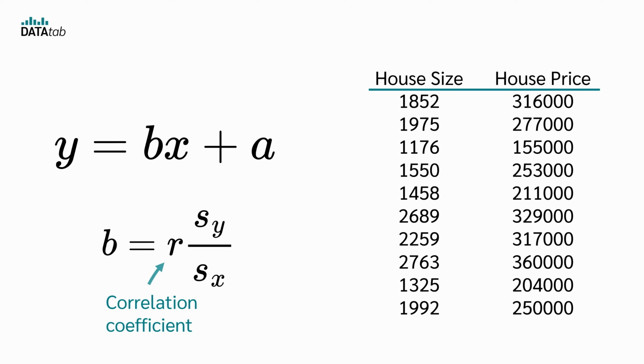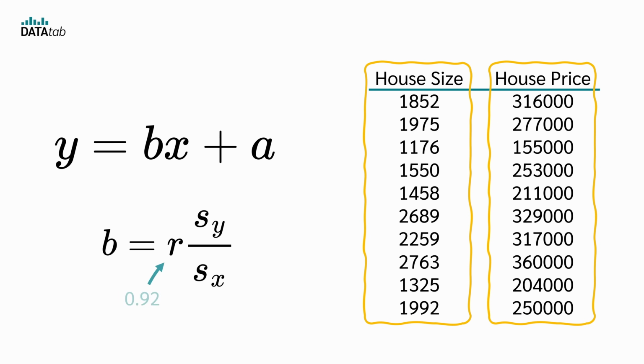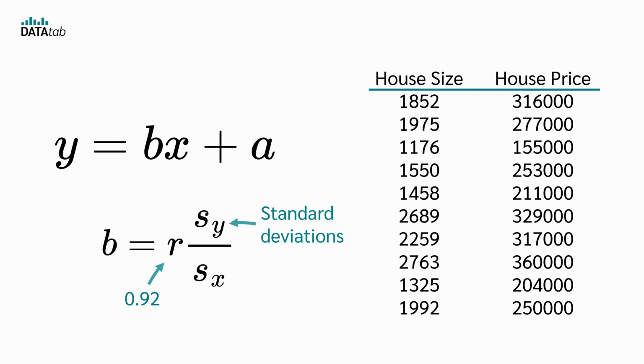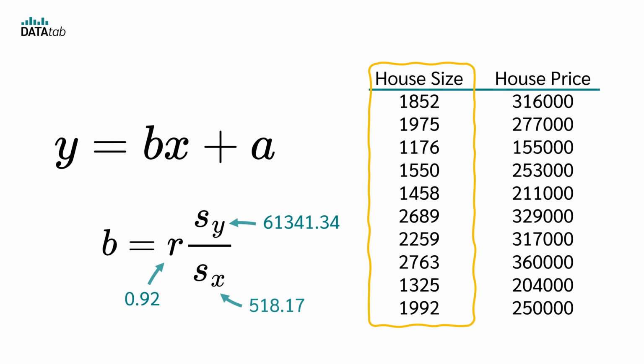R is the correlation coefficient between x and y, so in our case the correlation between house size and house price. We get a correlation coefficient of 0.92. As y is the standard deviation of the dependent variable house price, and as x is the standard deviation of the independent variable, so house size,